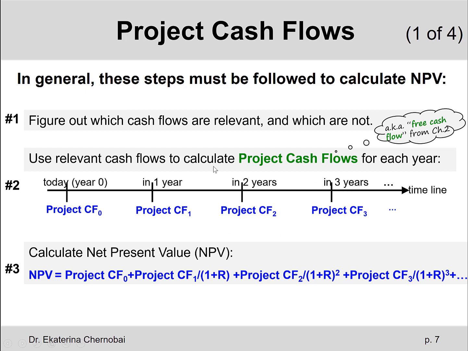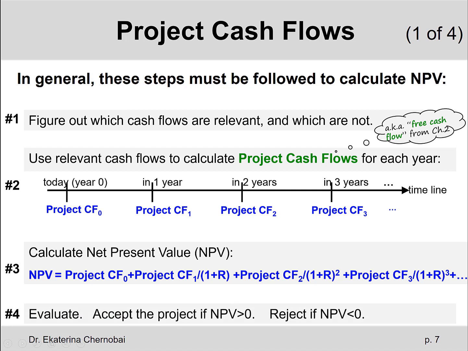How do we do this? Step number 2, right? So step number 2 is like the essence of chapter 10. Once we find that number for each year, then we can calculate the net present value by discounting all future project cash flows by the right number of years and then subtracting project's cash flow in year 0. When we find the net present value in dollars, we would then be able to evaluate this project.